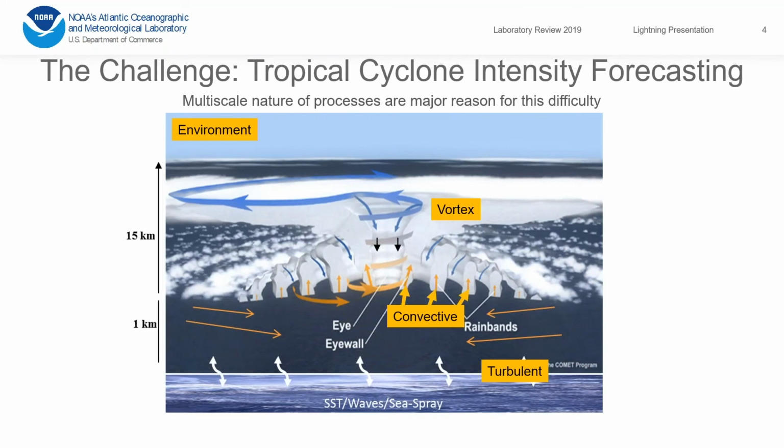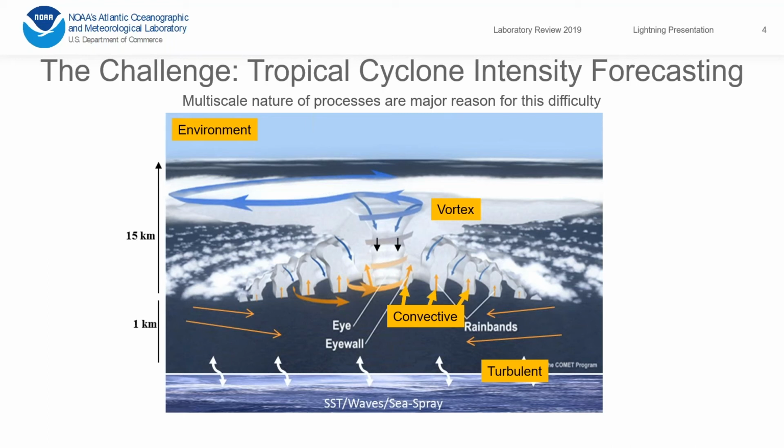So why is that? Well, I think a big part of that problem, or the challenge really, has to do with the fact that intensity change, and in particular rapid intensity change, is driven by processes that span multiple spatial and temporal scales. So just looking at a cartoon of a mature tropical cyclone, you can see processes occur in the environment on the order of thousands of kilometers, maybe days to even a week, down to the vortex scale, maybe 100 kilometers or so, maybe hours to a day or two, down even further to